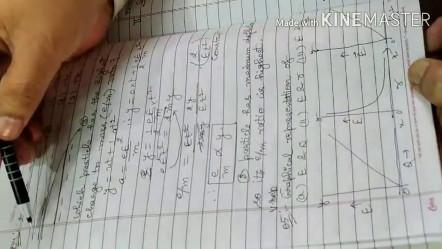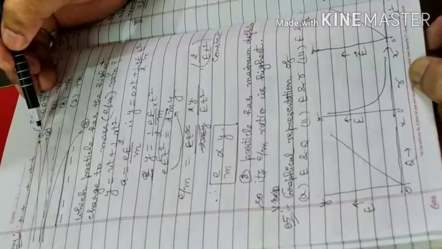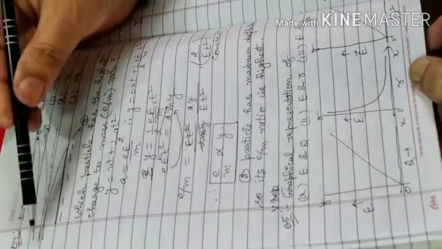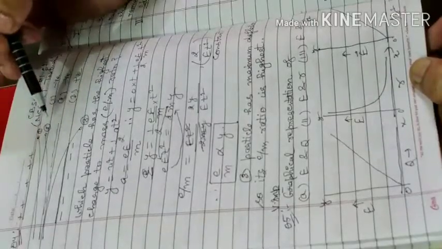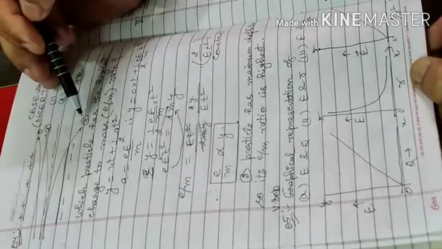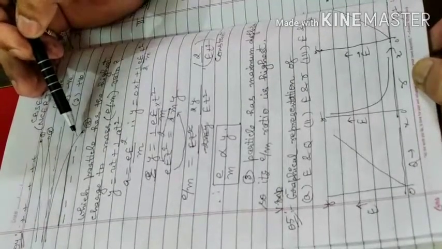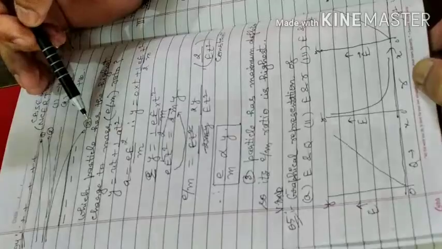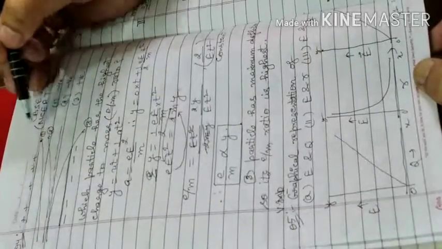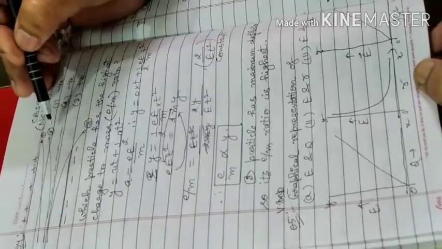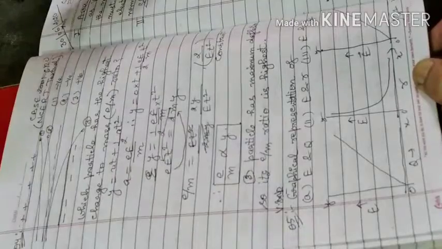We all know that the first charge is deviating towards the positive plate, so definitely it will have negative charge, and the second is also deviating towards the positively charged plate, so this will also be negative. Only the third charge is deviating towards the negatively charged plate, so this will have the positive sign. So the nature is very clear: first is negatively charged, second is also negatively charged, and third is positively charged.